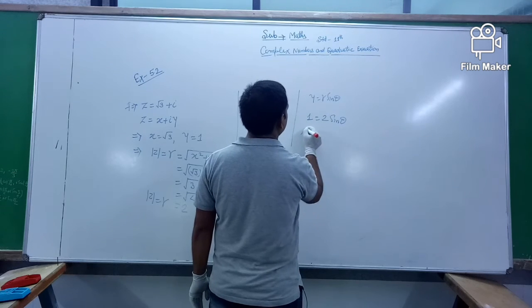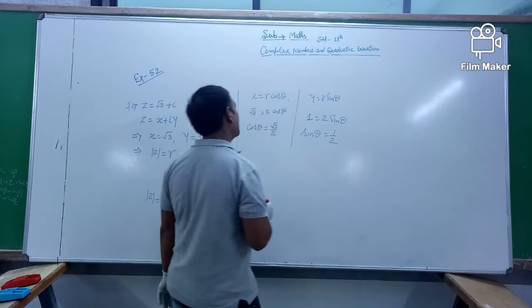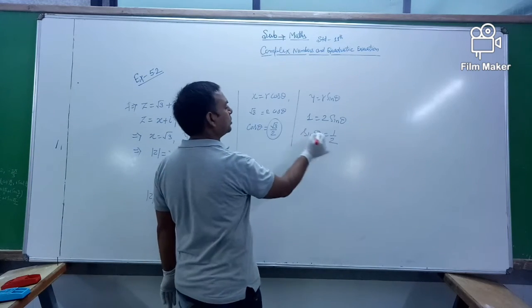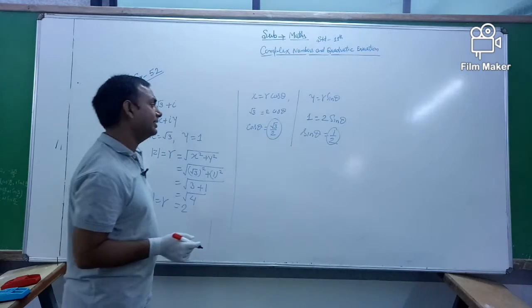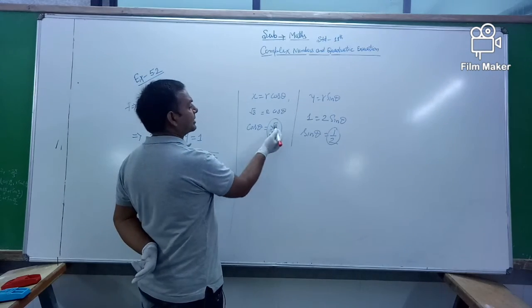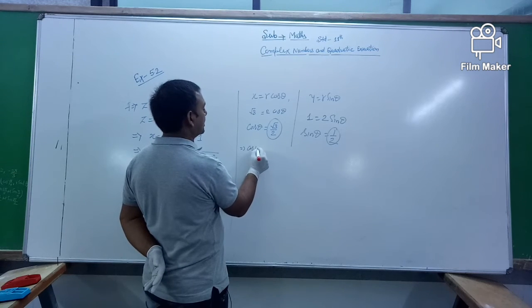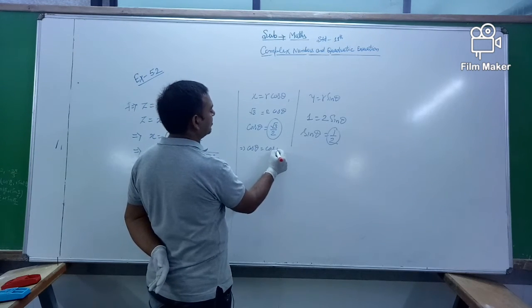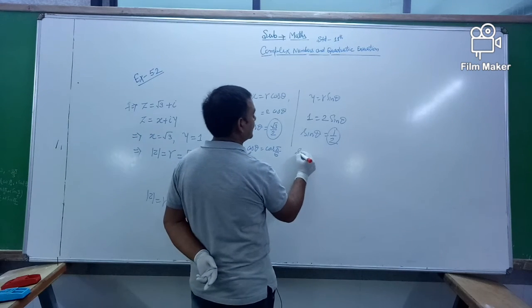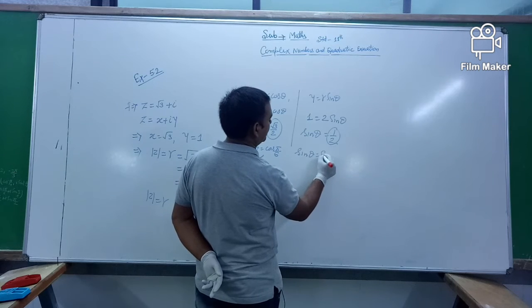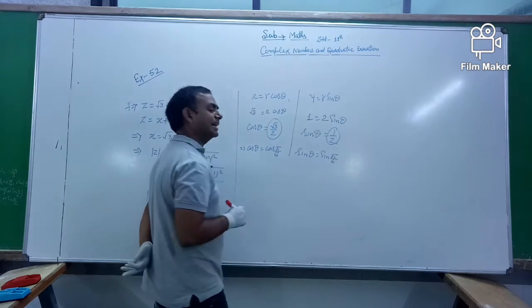So sin theta is equal to 1 by 2. Here you see both conditions are positive, so it belongs to the first quadrant. The value of cos theta, under root 3 by 2, is equal to cos pi by 6. And sin theta is equal to sin pi by 6, because this is the value of sin pi by 6.